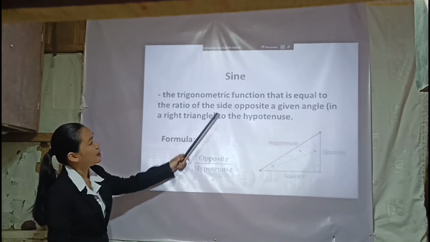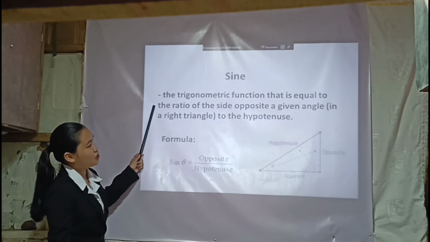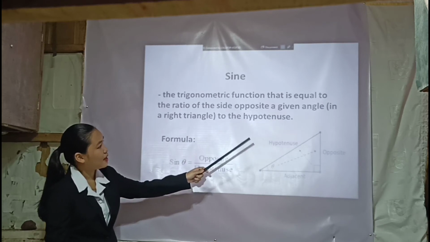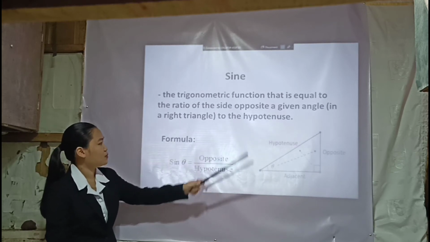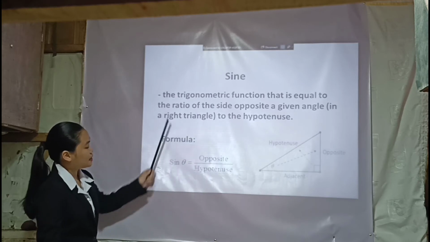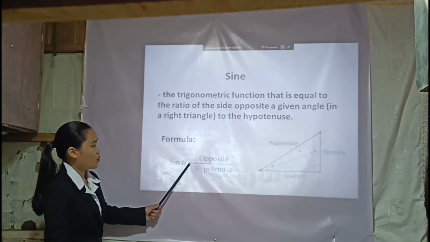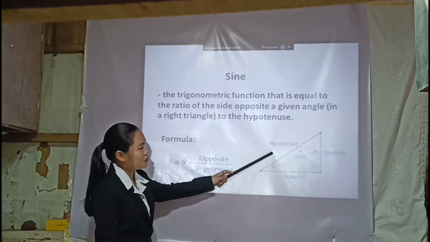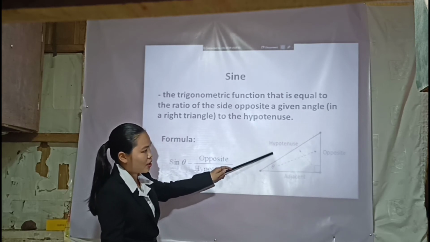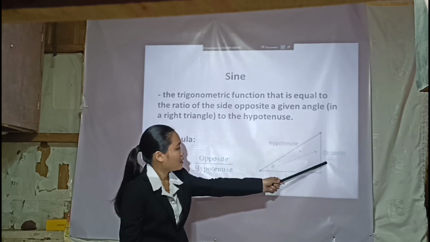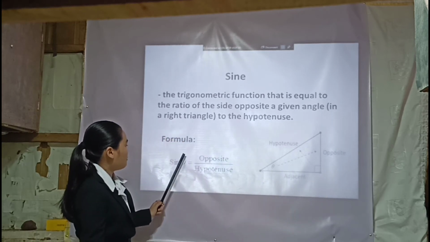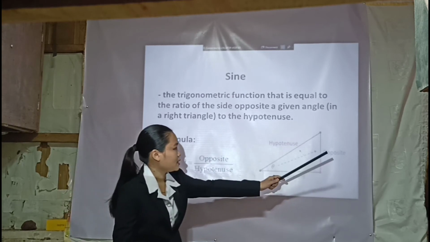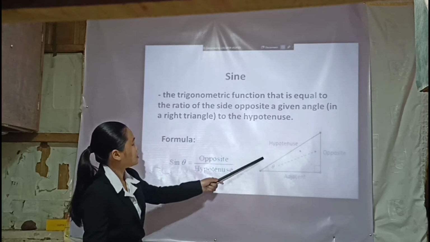First is sine. Sine is the trigonometric function that is equal to the ratio of the side opposite a given angle in a right triangle to the hypotenuse. So, the formula of sine is sine theta equals opposite over hypotenuse. So, this is the hypotenuse, which is the longest side of a right triangle, and this is the opposite. Next,